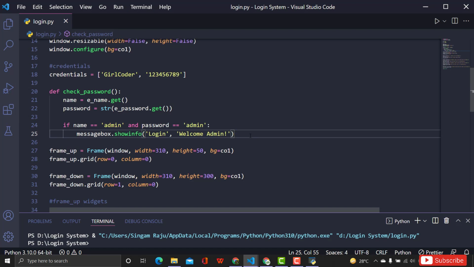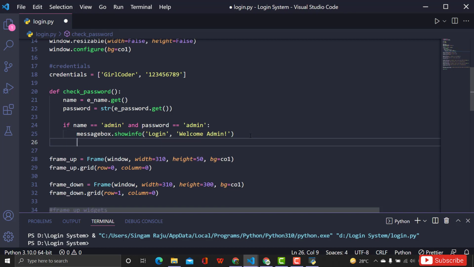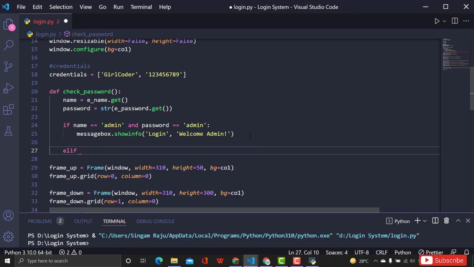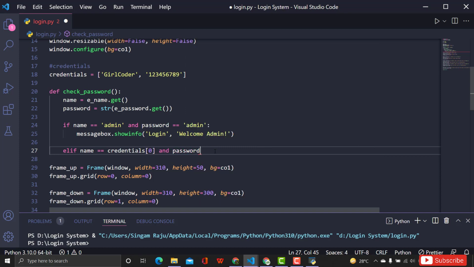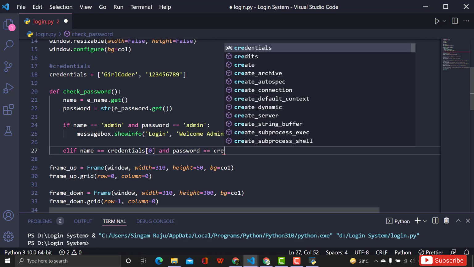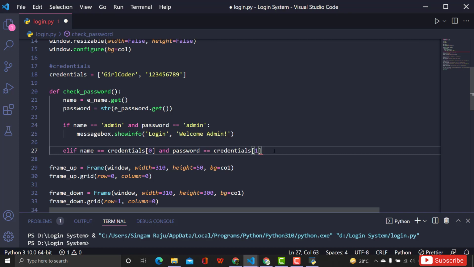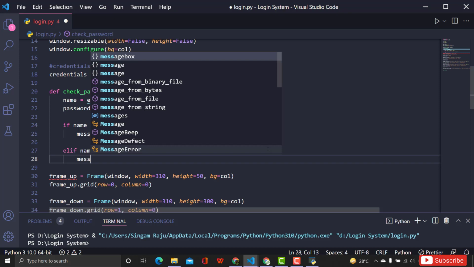Okay, now we just created this just for admin, right? But what if the user is the one who is logging in here? Just give elif if credentials of 0, if name equal to credentials of 0 and password equal to credentials of 1, then at the time you can say that girl coder is the one who is logging in here. At the time computer will understand, if both username and password are equal, then it's gonna show us a pop-up message